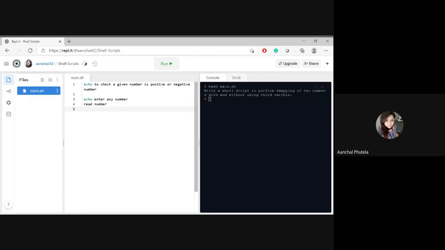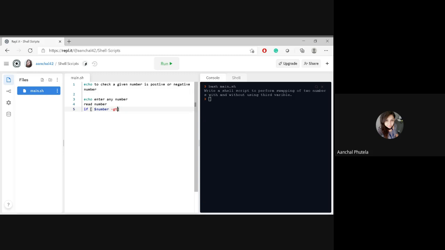Then I take that number and check it. The same if keyword we use in C programming is used here. If is a keyword, that's why it is highlighted. If, space, square bracket, space, number, space, minus GT.